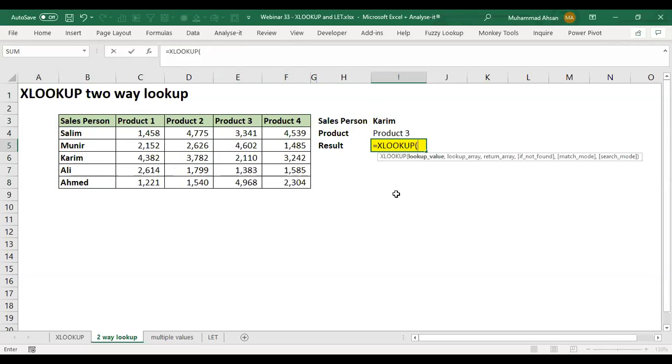You can also do it with INDEX and MATCH, where you need to apply two MATCH functions within the INDEX function, one for the row number and one for the column number. But here in the XLOOKUP, the treatment would be different. So first we will define the lookup value, which is product 3. For the lookup array, I will select that entire row starting from product 1 to product 4, which is available in row number 3 here. And in the return array,